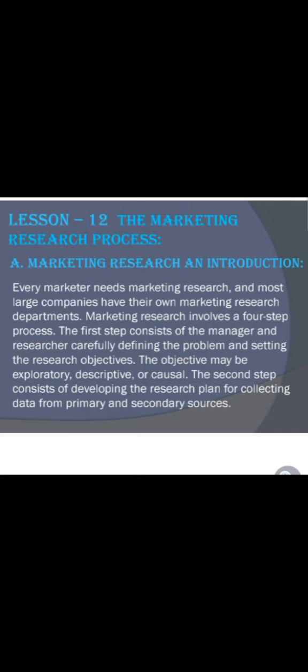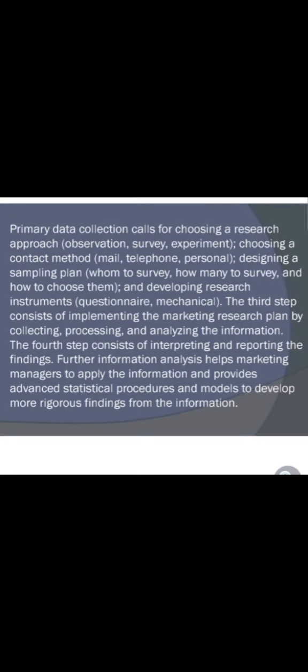The objective may be exploratory, descriptive, or causal. The second step consists of developing the research plan for collecting data from primary and secondary sources. Primary data collection calls for choosing a research approach: observation, survey, experiment; choosing a contact method: email, telephone, personal; designing a sampling plan: whom to survey, how many to survey, and how to choose; and developing research instruments: questionnaire,